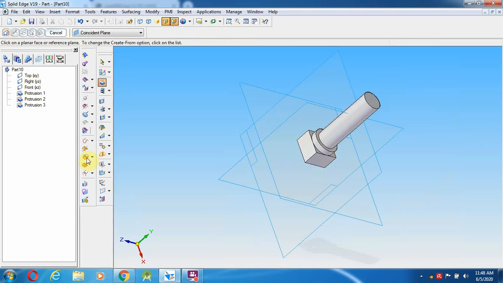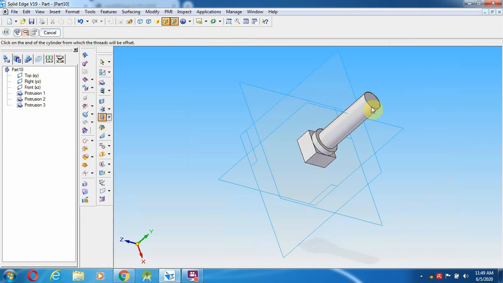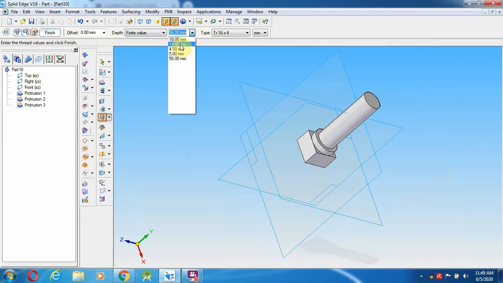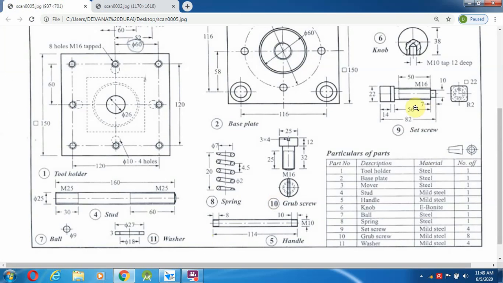So this itself I am going to change the thread now. Okay, starting from here, finite extent up to 50 mm, 50 enter. Even though it will be selected as full, it's not an issue.